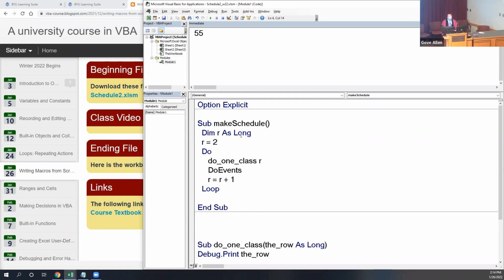I'm going to save. It's a good idea to save when I'm working with loops before I run. Oh, I never put the Until. Good thing I have a DoEvents in here, so I can pause it. And we're going to loop until Cells, row number R, column number 1,